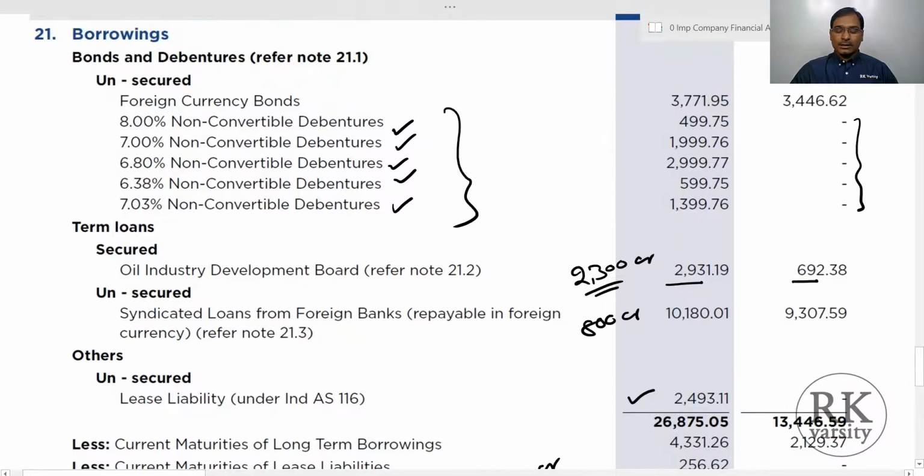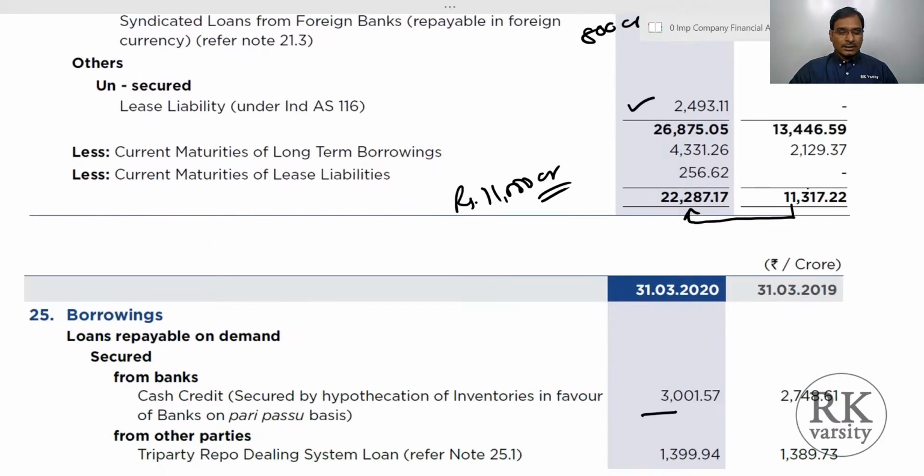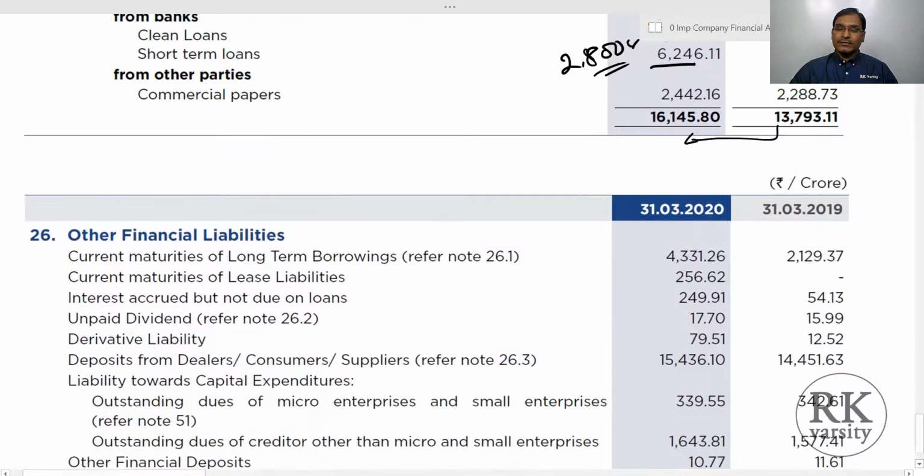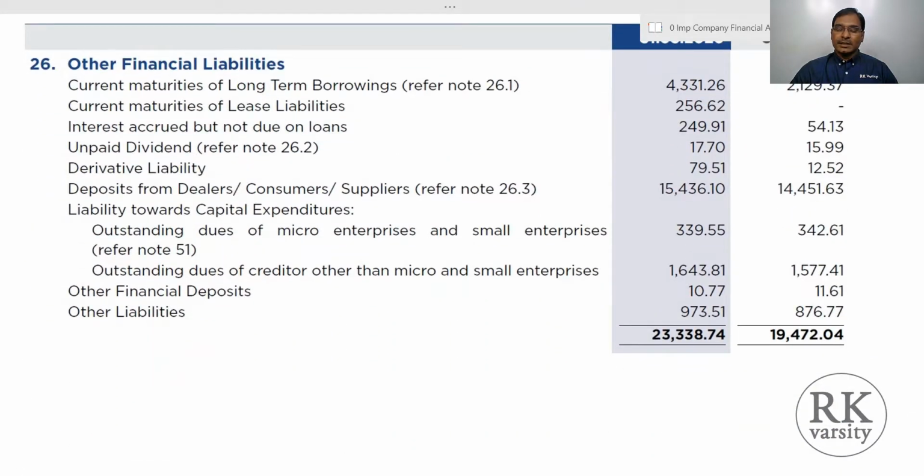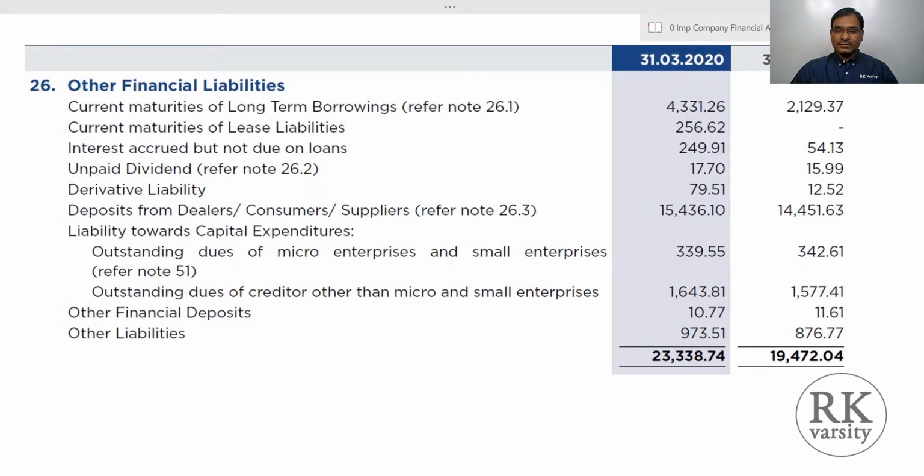But one important aspect that you need to observe here is the cost of debt: the highest is 8% and the minimum is 6.3%. So this we can say is the cost of debt. Now, as long as this cost of debt is less than the cost of equity, if a company is making a profit anything more than this, then it is acceptable. But if the return on investment or the cost of equity of this company is low, then the financial performance of the company will be adversely affected in the short run if there is any change in economic conditions, or if there is any change in sales of this company.